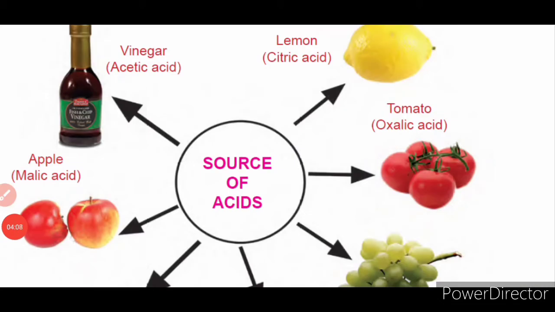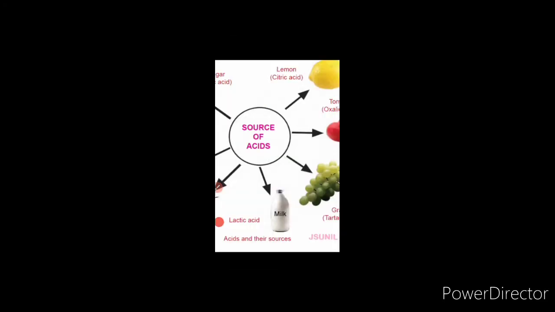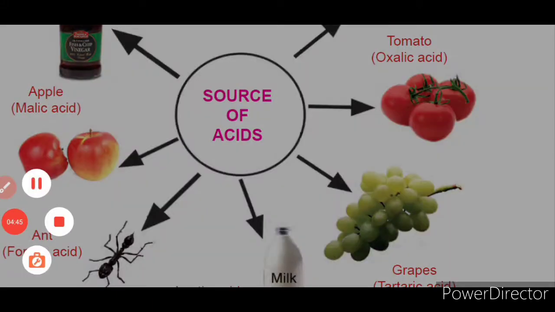So now we will see some examples or sources of acids. We call them sources of acids. Acids are chemicals that are very important in our day-to-day life. As we have seen, atoms and molecules are very important for our living life. As such, chemicals also play a very important role. Out of such chemicals, acids, bases and salts are mostly used in everyday life. So see, what are the things that we use daily which consist of acids, bases and salts?